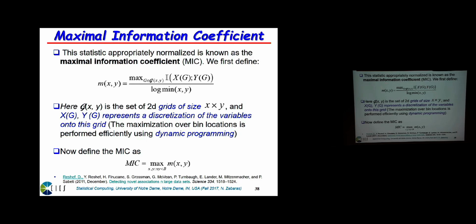Okay? So when they do that, they call this the maximal information coefficient, and they even take it a little bit further by repeating this calculation for many different discretizations of the domains of x and y. So they take different sizes of bins, and then with some constraints on the number of bins they use in x and y, they compute from repeated calculations what is called the maximal information coefficient.